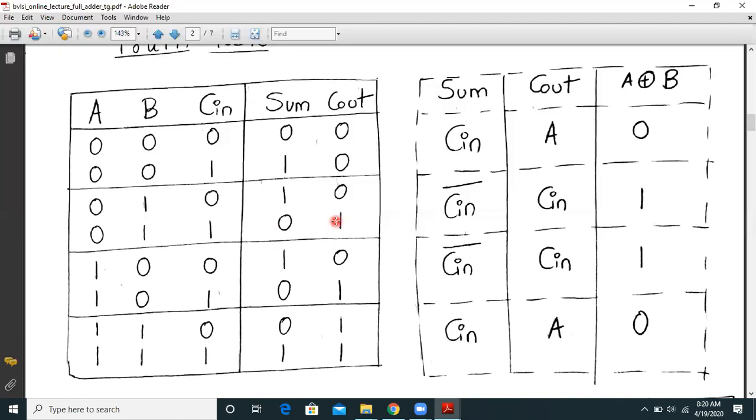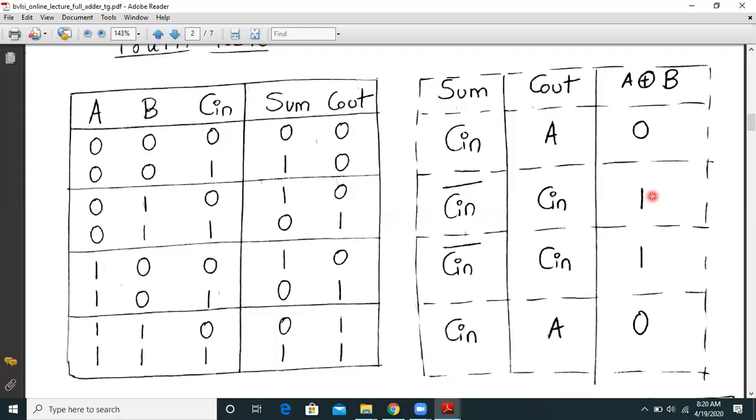So if Cin is going from 0 to 1, Cout is also going from 0 to 1. So basically the new expression of sum is whenever A is 0, B is 1, sum is actually Cin bar, and my Cout is actually Cin. And A is 0, B is 1 means A and B are different. So basically A XOR B will be 1.